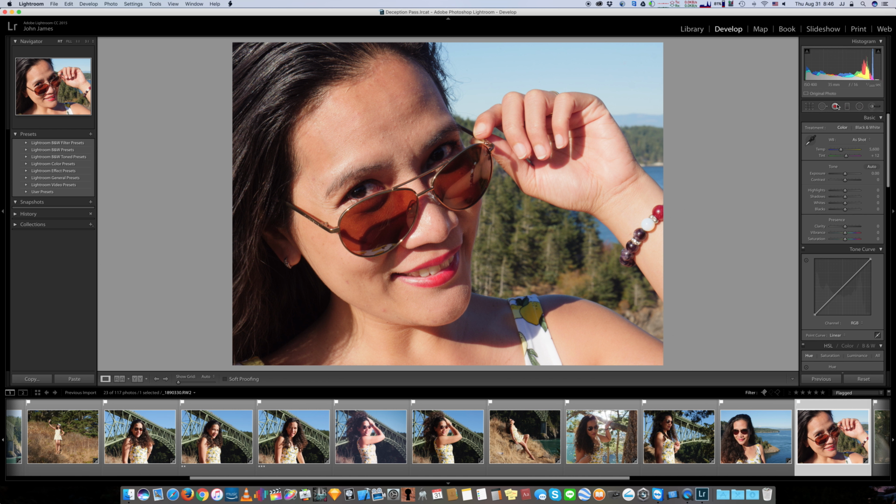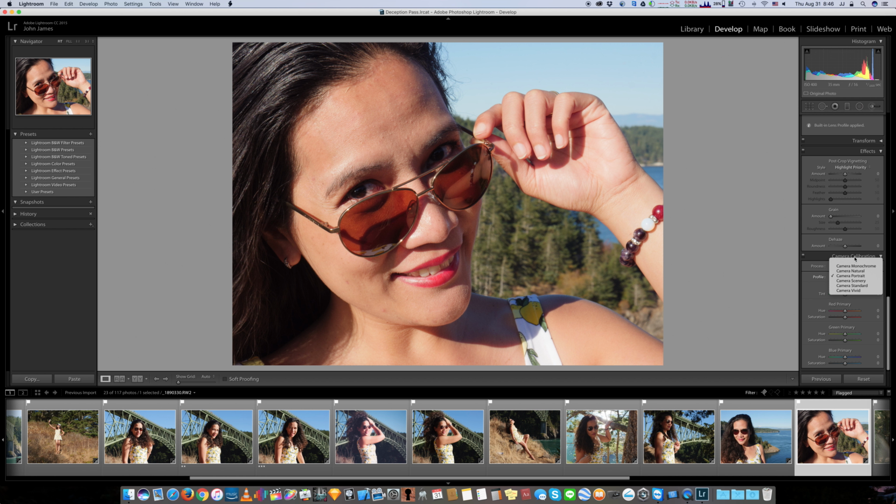Now, this is linear from top to bottom, but I don't recommend doing that. This photo probably doesn't look like the way that you intended it, and that's because when you first import it, the photo will look like that, because Adobe automatically applies the Adobe standard profile, which is not standard really. We want to go to a camera profile we shot it in. So this particular photo was shot in camera portrait. So we'll pick camera portrait, and this will probably look a lot closer to the way you shot it and the way you viewed it in camera. You can also go in here and adjust the primary colors. Like if you have a green tint,